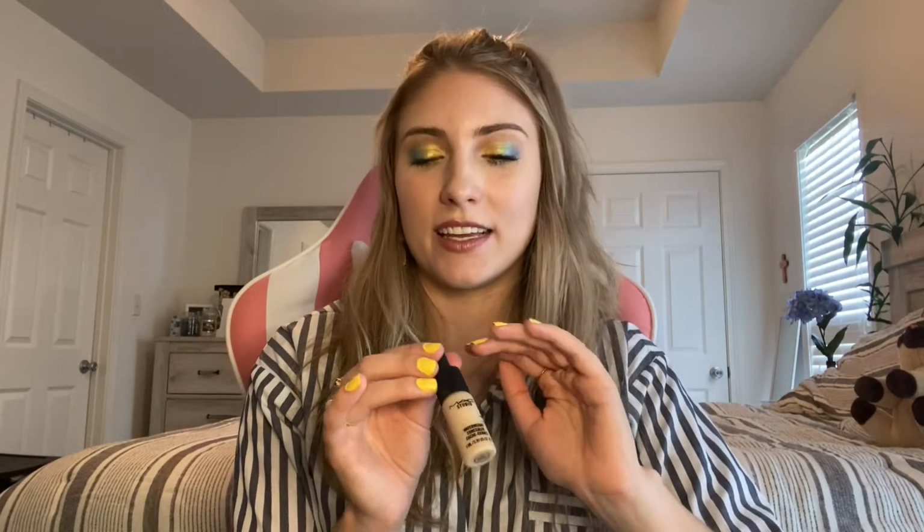But I have been wearing this every day as well. And I do layer it with my other concealers because I have fallen a little bit out of love with this product. I think it is really nice still. It's not bad. I just find that every now and then, I'm wearing it now, it kind of, oh,